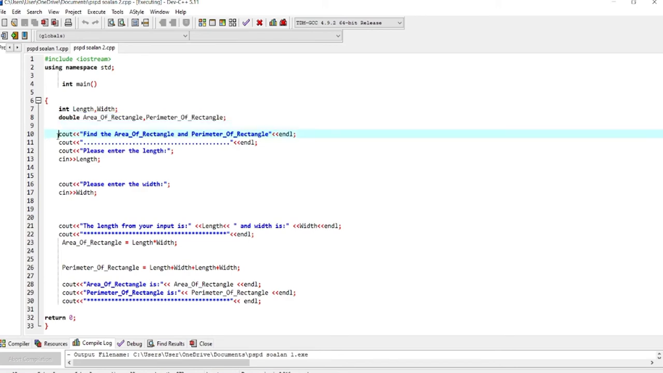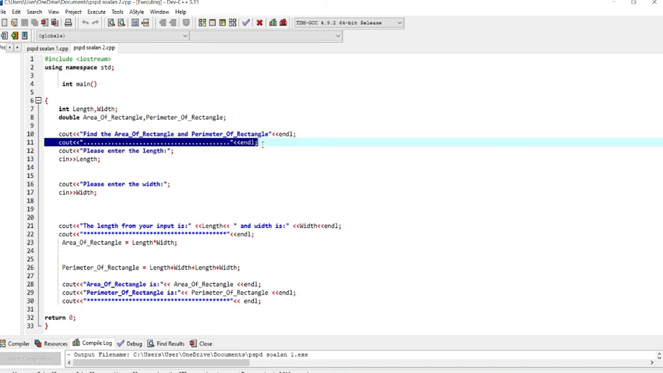Okay, for the next step, we need to write down cout, find the area of rectangle and perimeter of rectangle and endline. I write this because it is the same as question 1, which is the first program. So I decide to write down this code, which will make an endline between this code